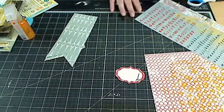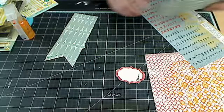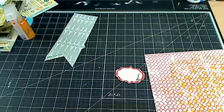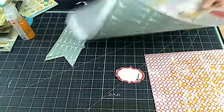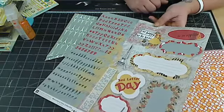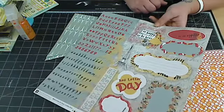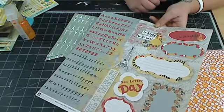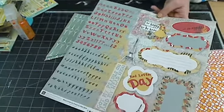All right. Now, if you want to cut some of the other banners or the labels, let me grab the other piece of paper. If you'd like to cut any of these other ones out, you're more than welcome to and add them to your page. こっち側にある別のラベルを使ってもらっても大丈夫です。どのラベルを使ってもらっても大丈夫です。